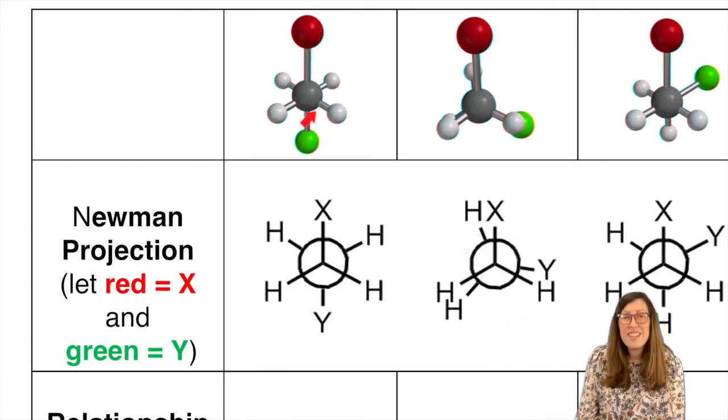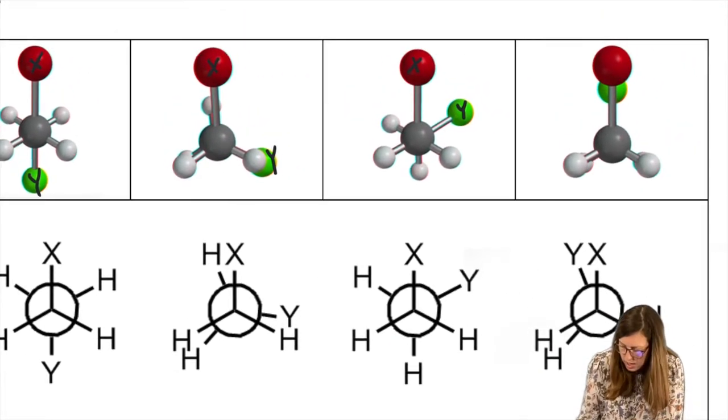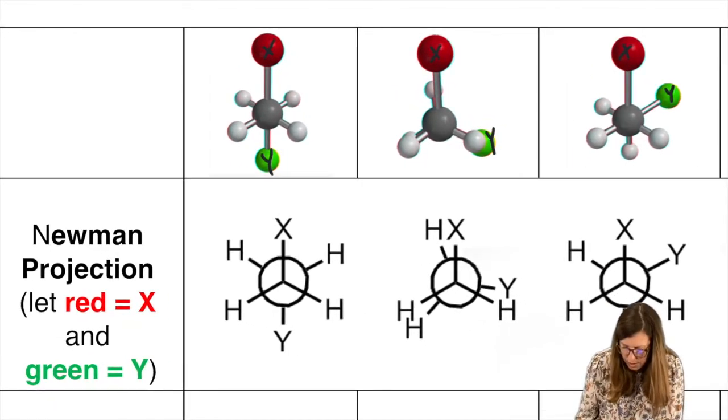Okay, so one scenario, and that's where we have the 2 groups that we can assume are bigger than H, because H is actually small. So this is actually the ideal scenario, is that these groups are opposite each other. So remember, we're going to call this X and Y, X, Y, X, Y, and X and Y. Okay, so we can have them opposite each other, and that would be staggered, because notice how these other groups are not eclipsing them. Now we have eclipsed, right?